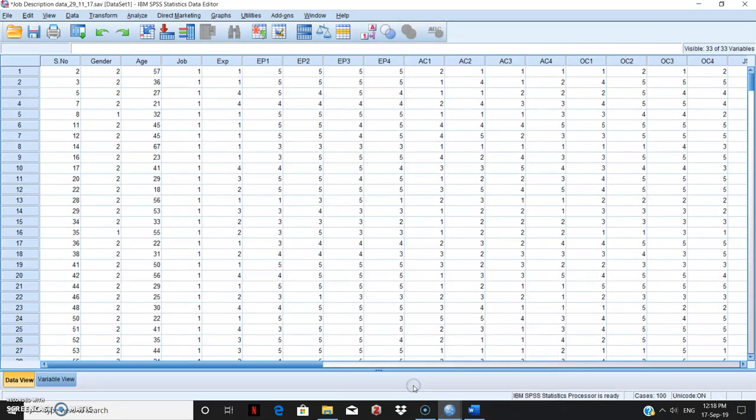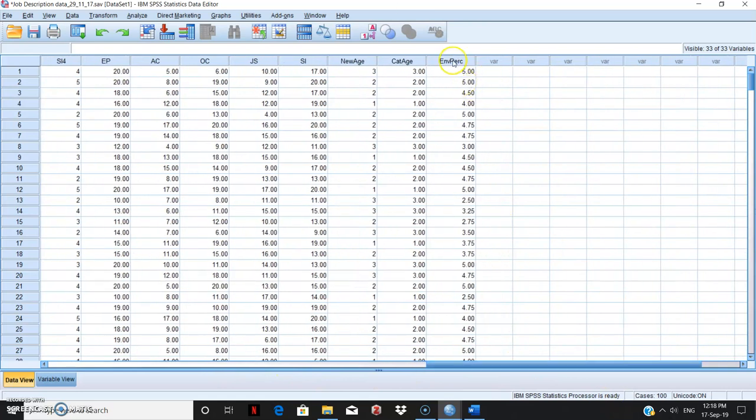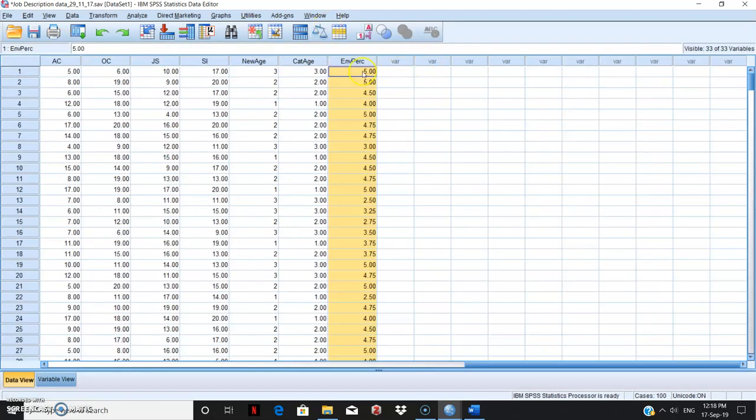Similarly, now if you go and look at your data editor, you will see that towards the end, now you have a scale which has been created, and it has calculated and given you a composite score called environmental perception. This is the mean value for the 4 statements that we have given.